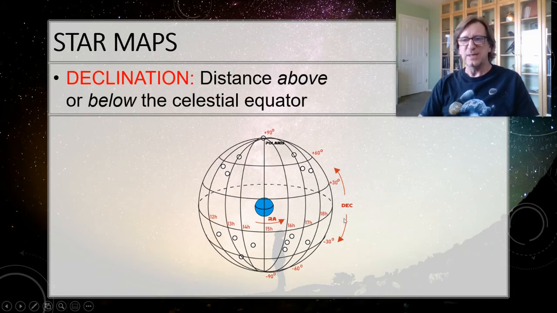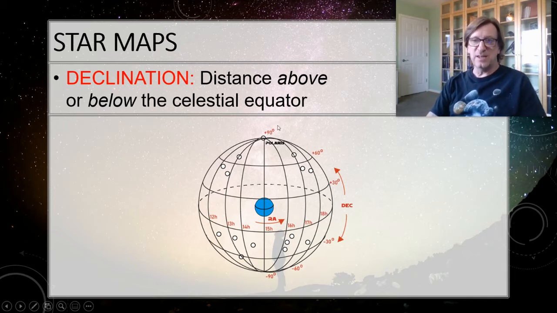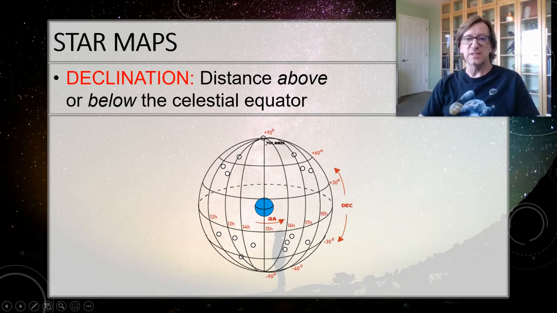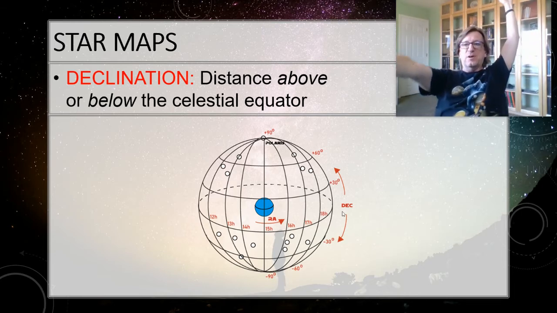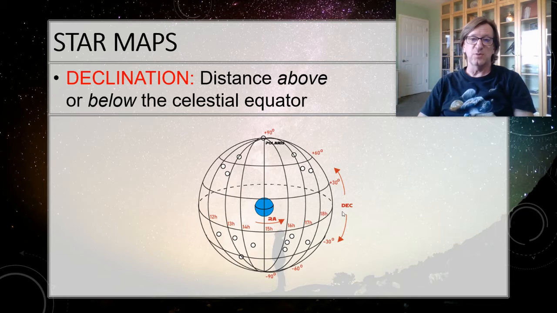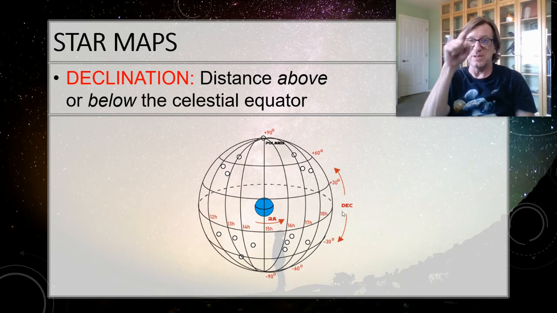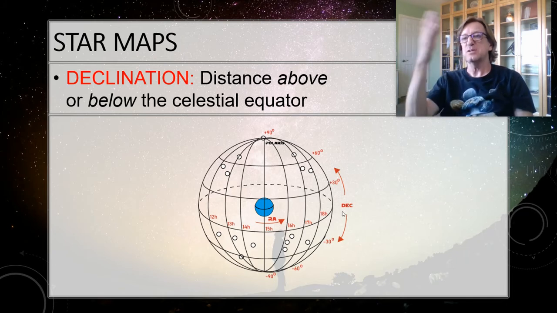So declination is pretty easy. And because it's based on the celestial equator, you just start counting up. Polaris is at +90. So this is the first tip that I'm going to give you. If the declination that you read off the star map is close to 90, then it must be near Polaris. And that means that it must be in the northern part of the sky. On the other hand, if it's close to 0, well, then it's 90 degrees out from Polaris, and so it's going to be over in the southern part of the sky. So a declination near 90 means it's in the northern part of the sky. And also, you know that means it's probably circumpolar, which means it's going to be visible all the time. On the other hand, if it's down towards the southern part of the sky, it's going to rise and it's going to set.